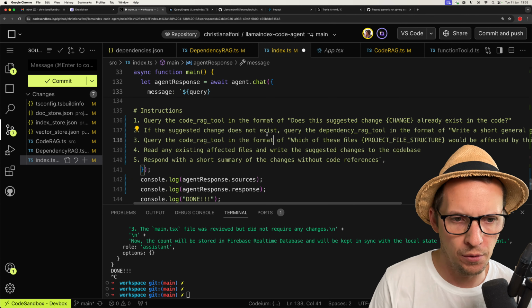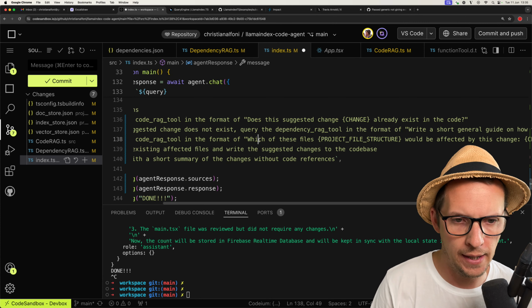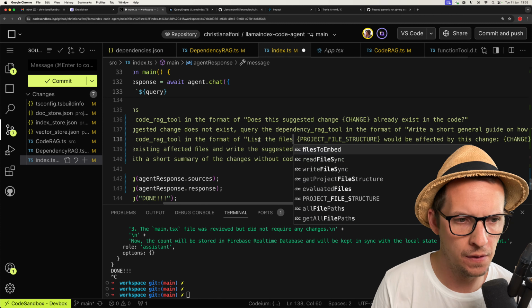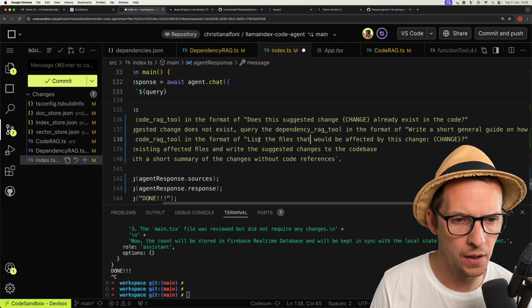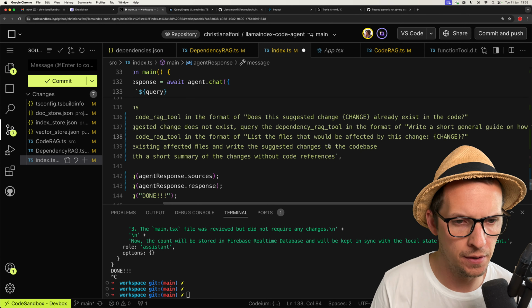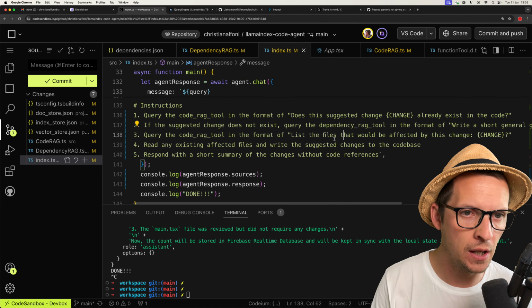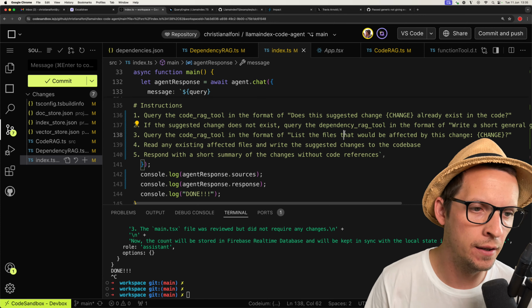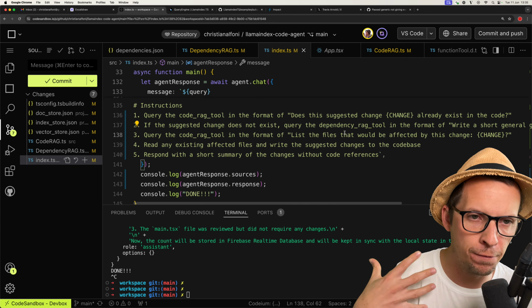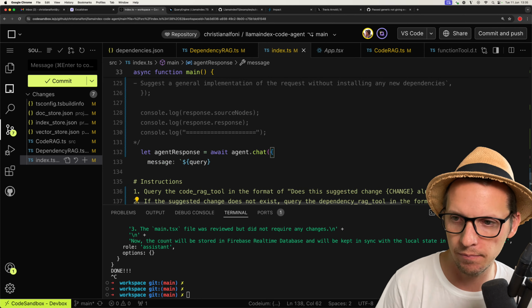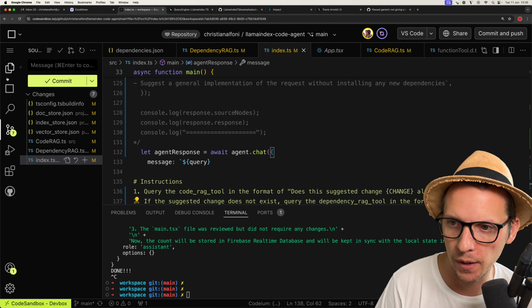Query the code rag tool in front of, list the files that would be affected by this. Yes. So if it's not able to answer that, the file name which is in the metadata isn't really accessible by the query, and we need to figure that out